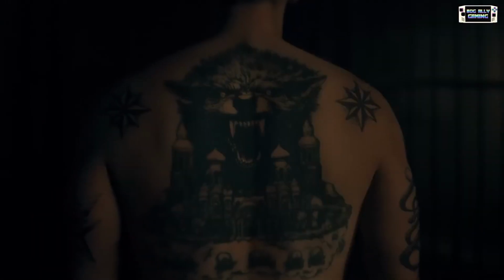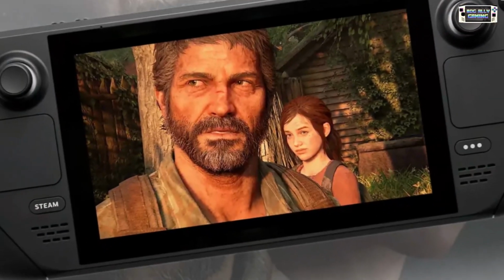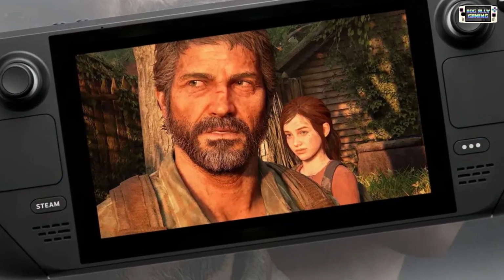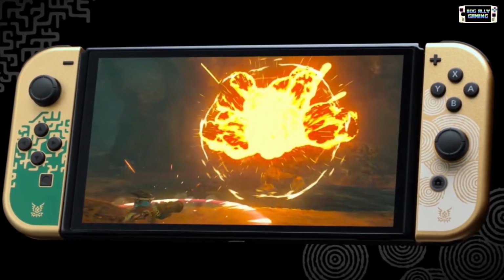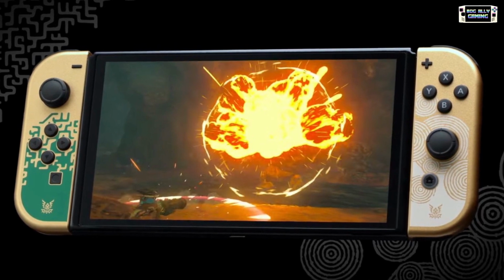This reduces screen tearing and stuttering, which are visual artifacts that occur when there is a mismatch between them. The Steam Deck supports adaptive sync through FreeSync technology, which works with AMD graphics cards. The Switch OLED does not support adaptive sync at all. If we have to choose one winner for this section based on objective facts alone, we would give it to